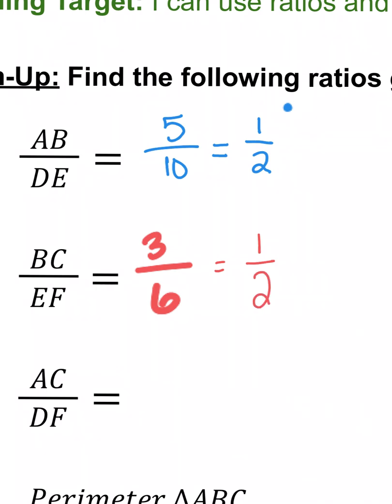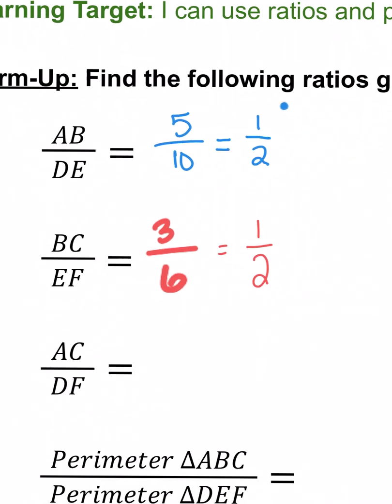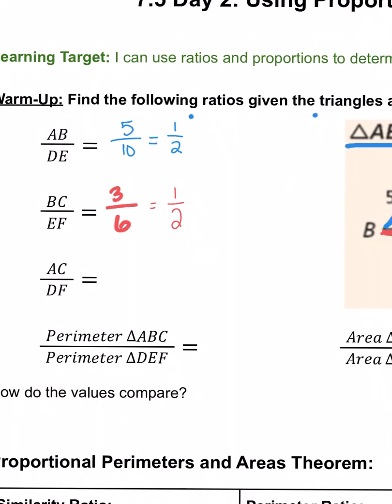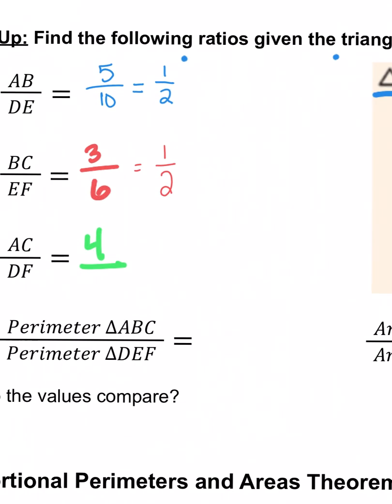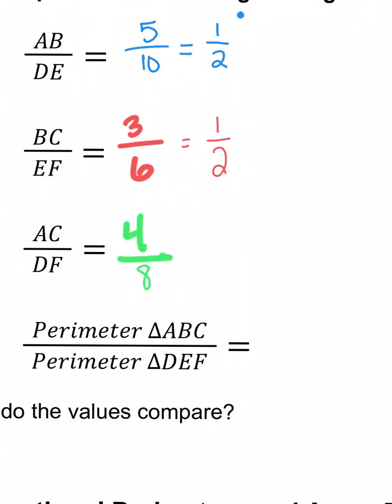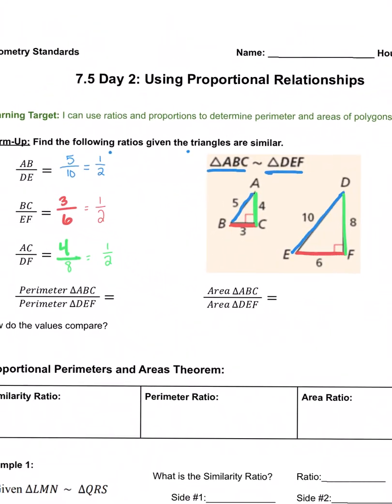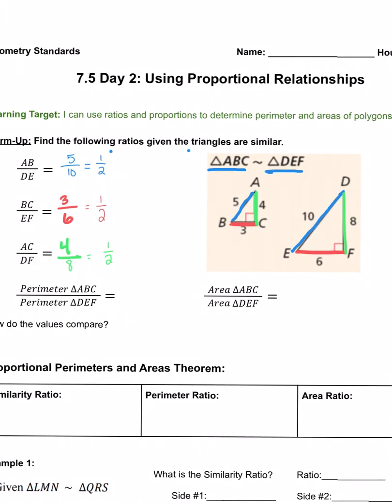So far, we're doing good that we know these are similar because those are the same. Now let's check this last one. AC is 4. DF is 8. Simplify it to get 1/2. Okay, so when we have all of these ratios,